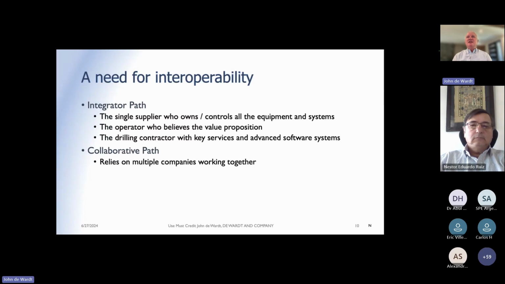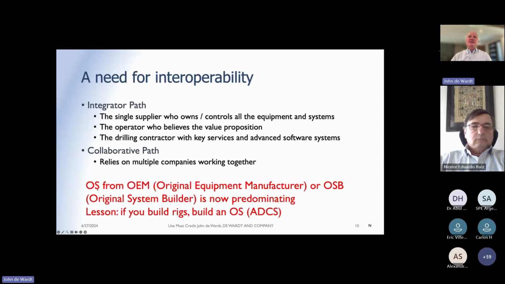And now what we've seen is the drilling contractors are coming forward, and I'll show you examples with both key services and the software systems to run the rig operating system. And then we see the collaborative path, which is multiple companies working together. And I would say today that we're seeing the drilling contractor bringing the automation platform, and then the collaboration with the various service companies and software providers in order to deliver an integrated result. So we've seen the operating system from the original equipment manufacturer or the original system builder is now predominating. And my lesson is, if you build rigs, build an operating system, or some people call it an automated drilling